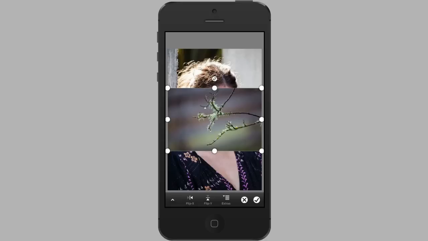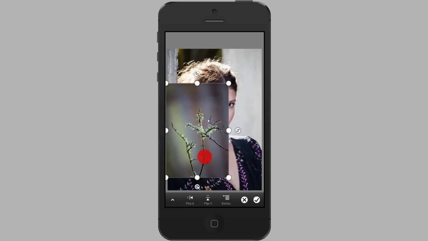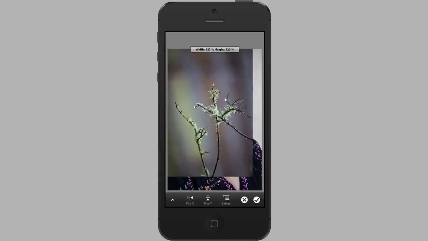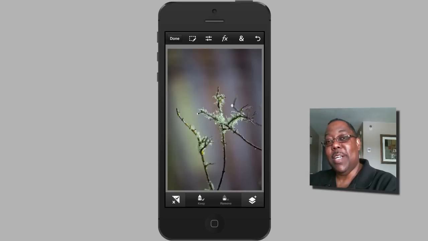Now, there's a couple problems with this. First of all, I want this image to be tall instead of wide. And when Photoshop Touch brings in a new layer, it kind of already brings it into what would be called free transform on the desktop. So I'm going to go ahead and move it around. I can rotate it. I can position it where I want. So we'll position it in the upper left corner, and I can scale it. And it's scaling proportionally because I don't have to worry about holding down the Shift key on my phone. So now we'll just tap the OK or check mark,